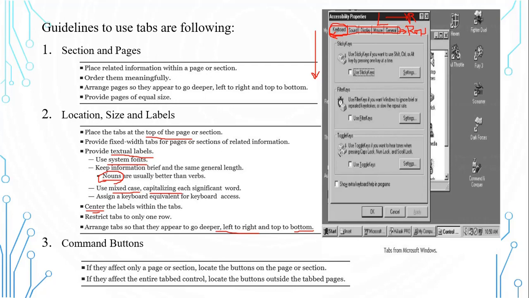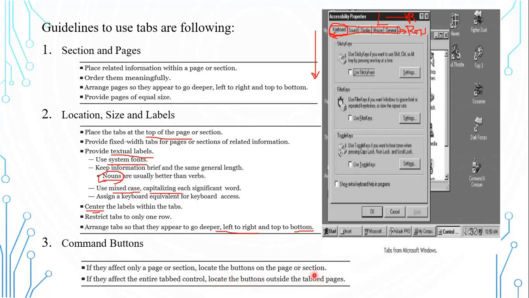Command buttons, so the command buttons you also have in case of tabs. If they affect only the page or section, locate the buttons on the page or section. And if they affect the entire tabbed control, locate the buttons outside the tabbed pages.